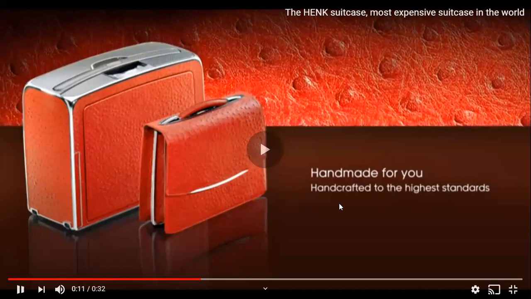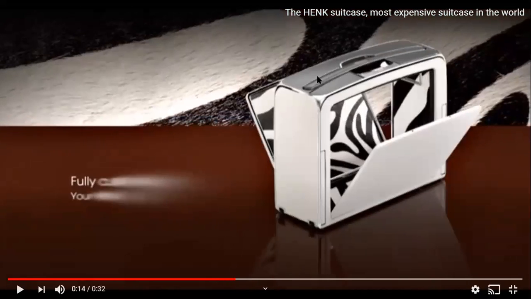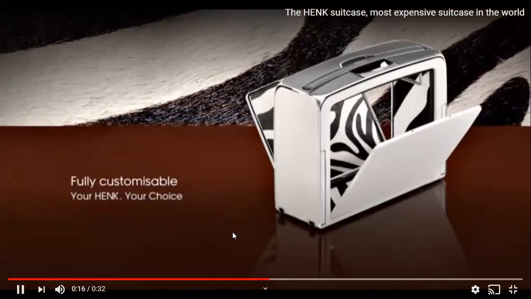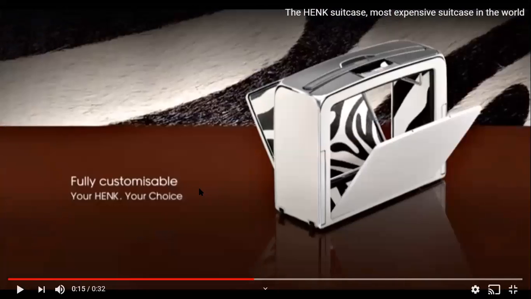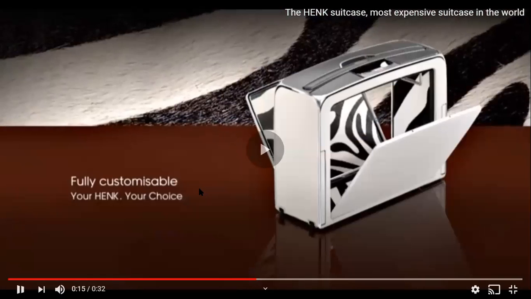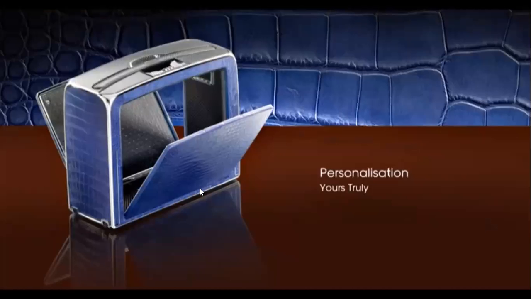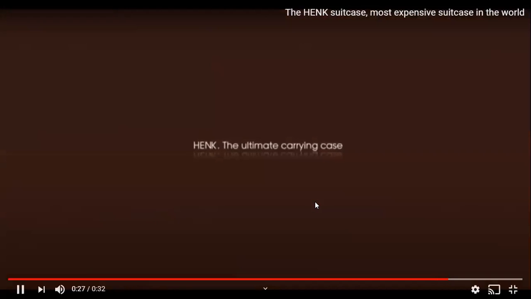Maybe, I'm not sure. Fully customizable. It means that if you want to change the color, I guess, or change something in your bag or your suitcase, you can do that with them. Okay, even the music that they use in the advertisement is really creepy.